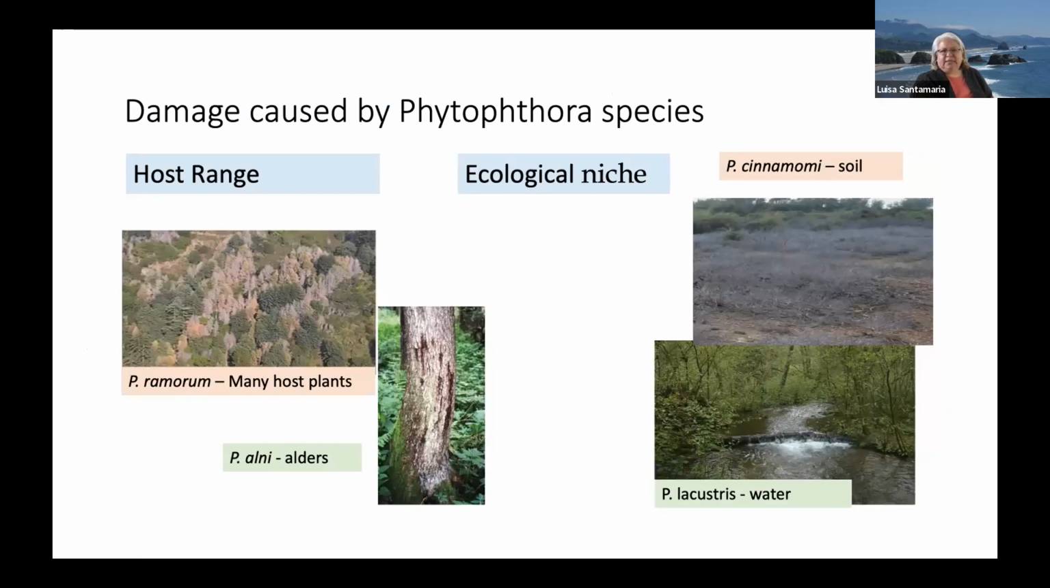The damage caused by these species of Phytophthora could be huge. There are species like, well, I'm not talking about Phytophthora ramorum today, but this pathogen has a really wide host range, and I think more than 120 species of ornamentals are susceptible to ramorum. So they could cause really serious damage. In terms of ecological niche, I will say that ramorum has caused a devastating problem in the forest